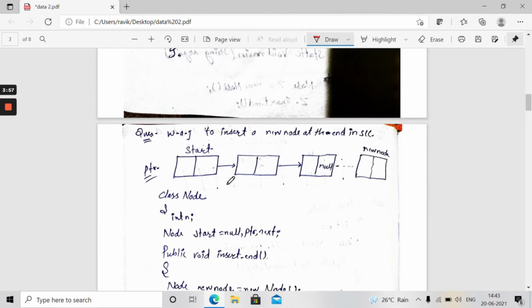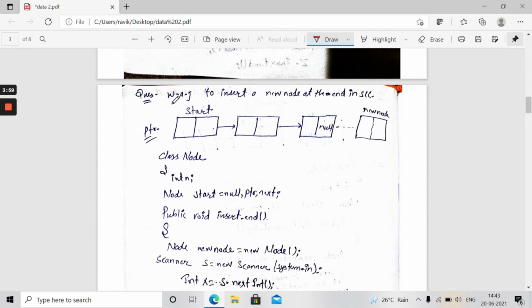Now guys, see the next part. Write a Java program to insert a new node at the end in SLL, meaning these nodes are combined with each other. This is a linked list consisting of three nodes. After that we are going to insert the new node at the last.